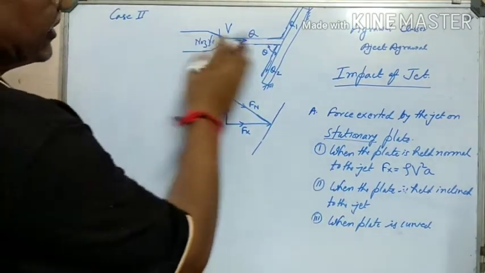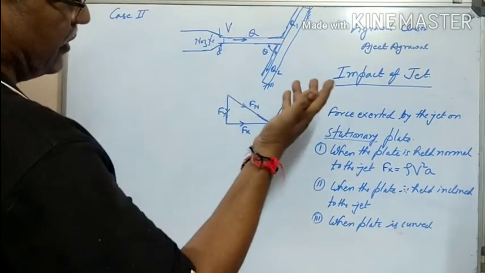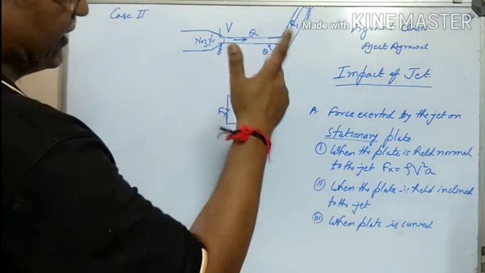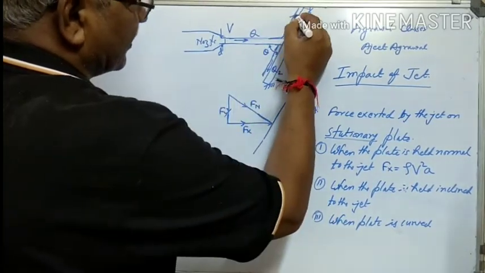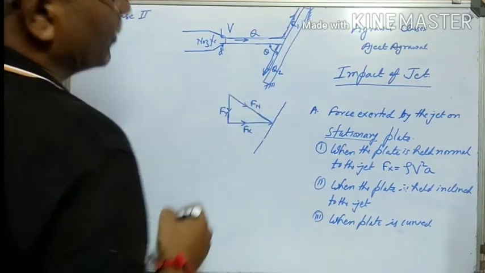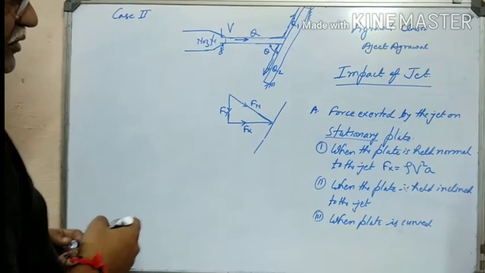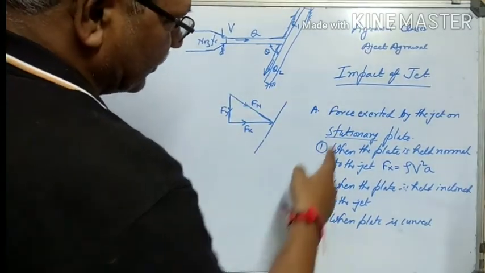When it strikes, the jet divides in two parts: Q1 goes in this direction parallel to the plate, and Q2 is the fluid going downward along the plate. So we'll try to find out the force